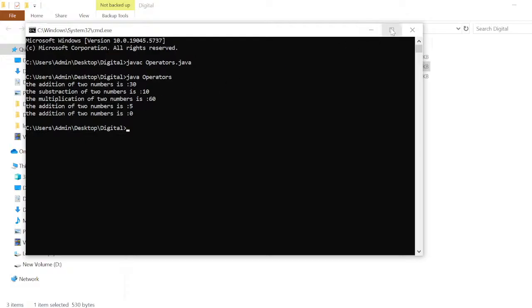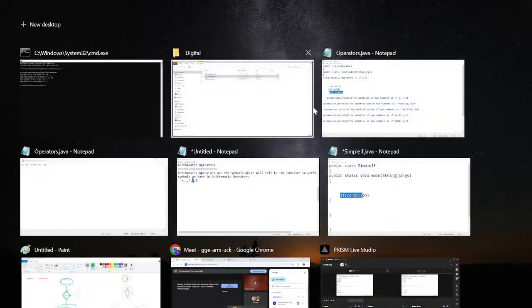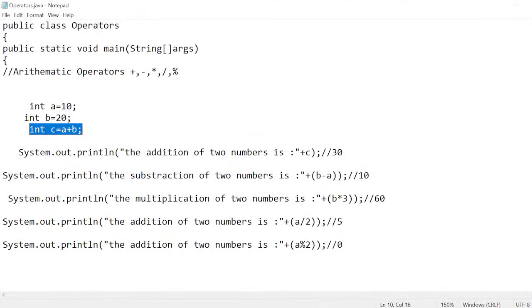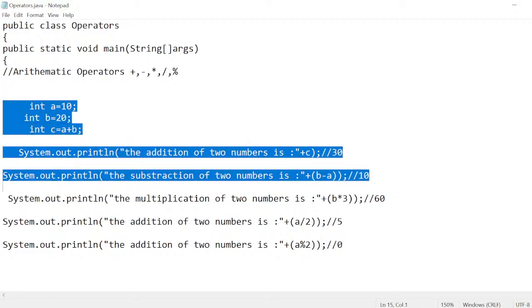Whatever values we expected, is it showing the same values or different? Same values meaning, whatever we are thinking is what we are seeing practically. This one always fetches the quotient as the result, and this one always fetches the remainder as the result. I hope you guys are clear with